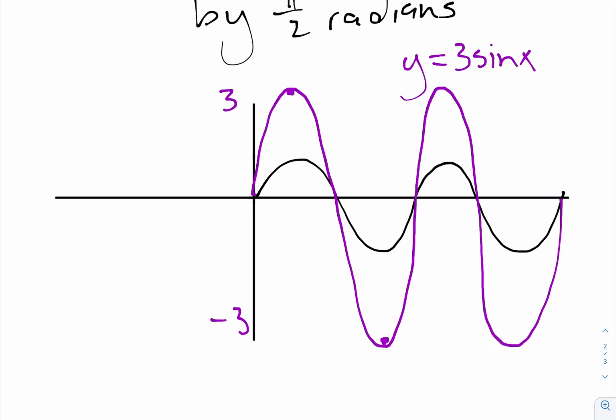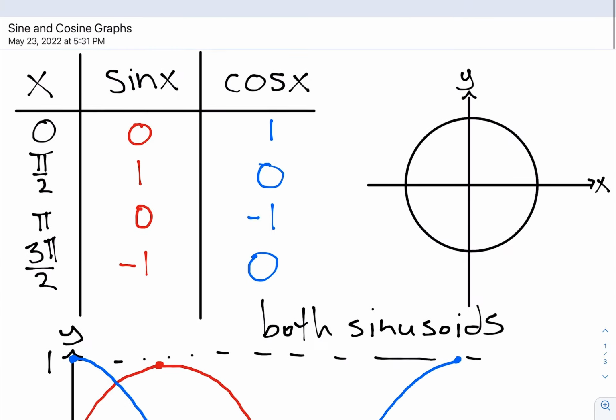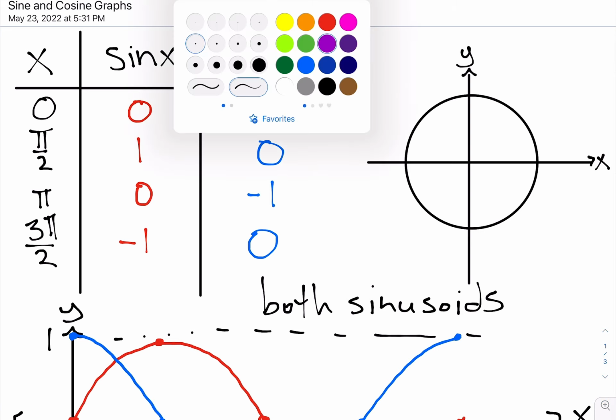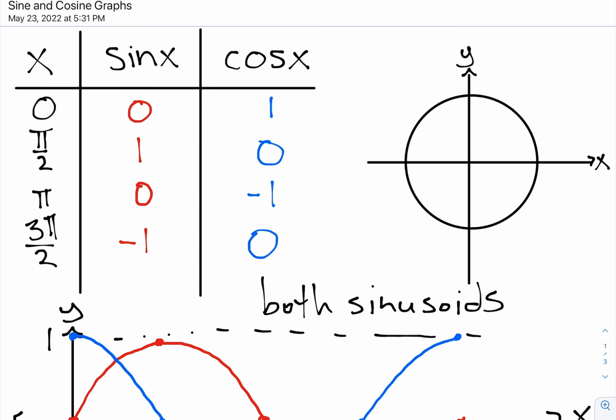Okay, and we can do different phase shifts, different vertical shifts, that kind of stuff. But that's kind of the basic idea with graphing sine and cosine graphs by using tables, using the unit circle, that kind of thing. So I hope it made sense, and I'll see you in my next video talking about